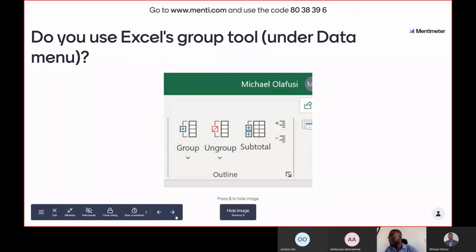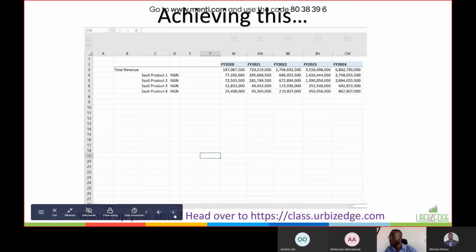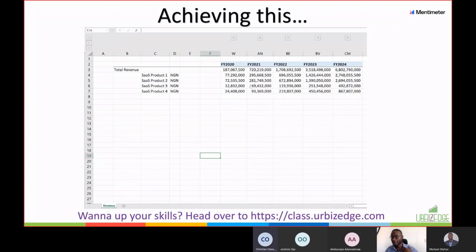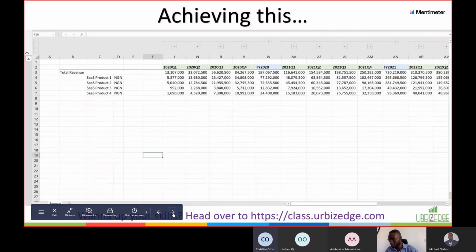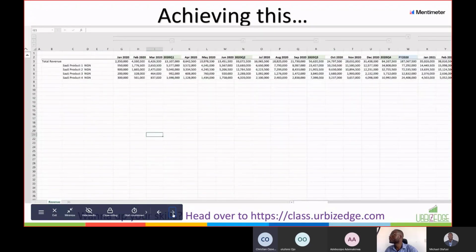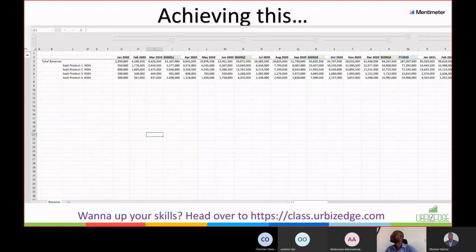Okay, so this is what I mean when I say having different views. So you can have a yearly view like this, with the different financial years, and then also you can expand it to show, still within the same sheet, a person can decide to see quarterly and also to see month. So it's all